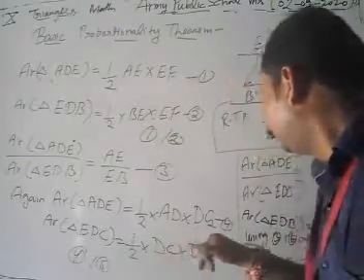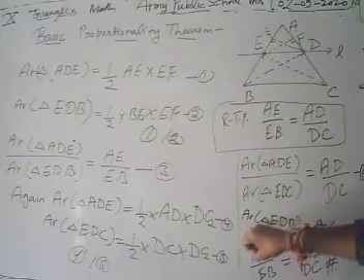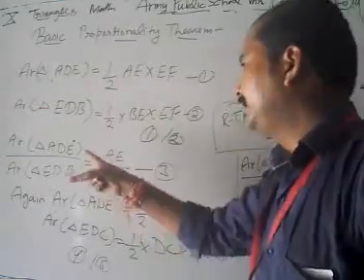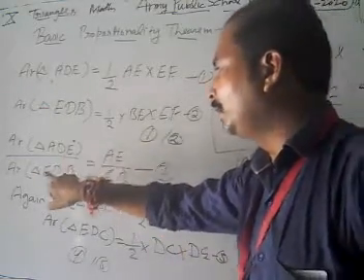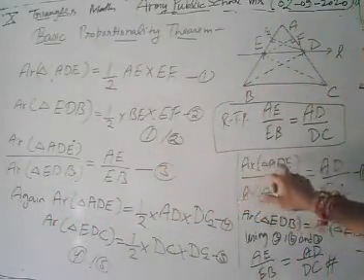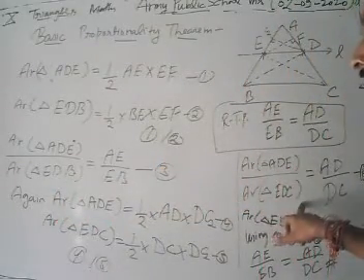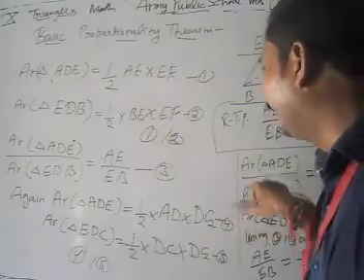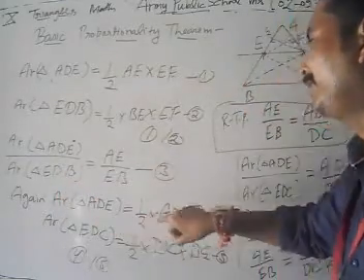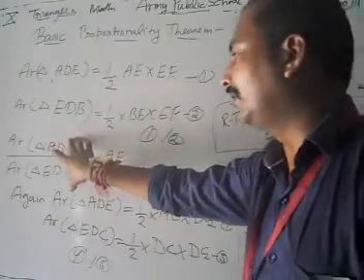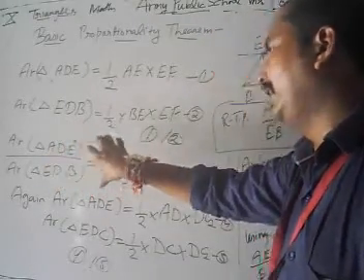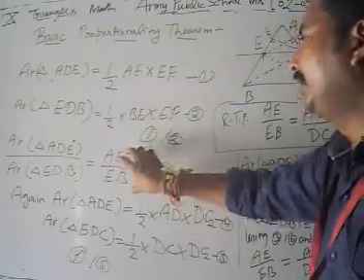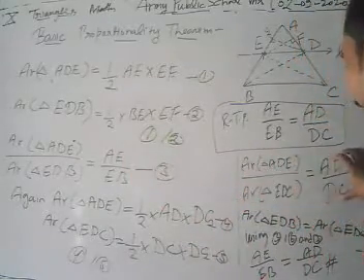Then look, now what do we have? Area of triangle ADE to the area of triangle EDB, and area of triangle ADE to the area of triangle EDC. Now if we are able to prove that the area of triangle EDC is equal to the area of triangle EDB, it means our left portions are equal. If our left portions are equal, then our right portions must be equal, which is what we are required to show. Then AE upon EB is equal to AD upon DC.